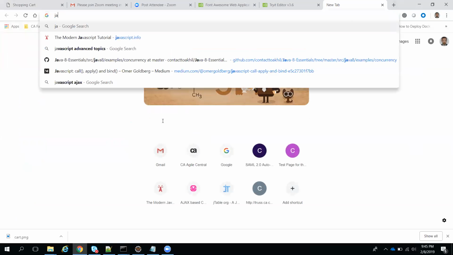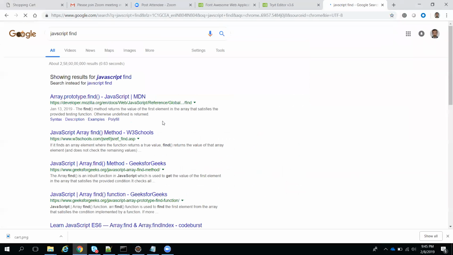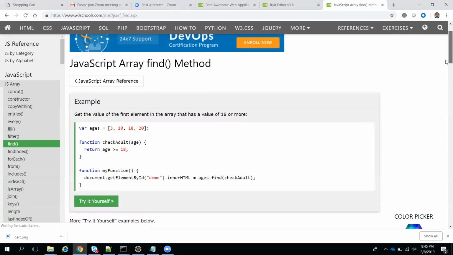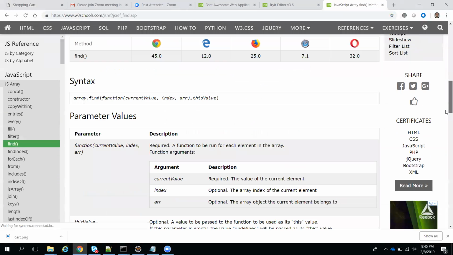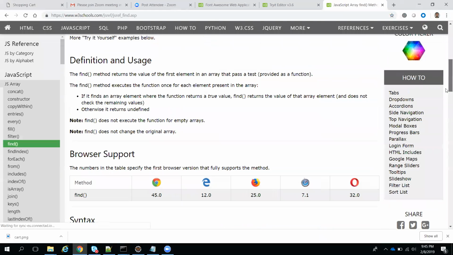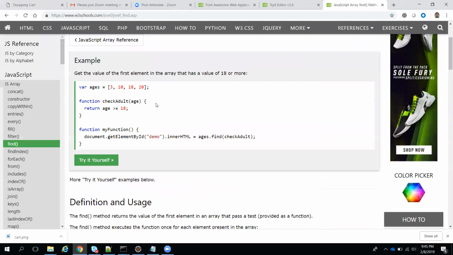Okay, I will show you the JavaScript find we have used earlier. For example here, see, check, got it.